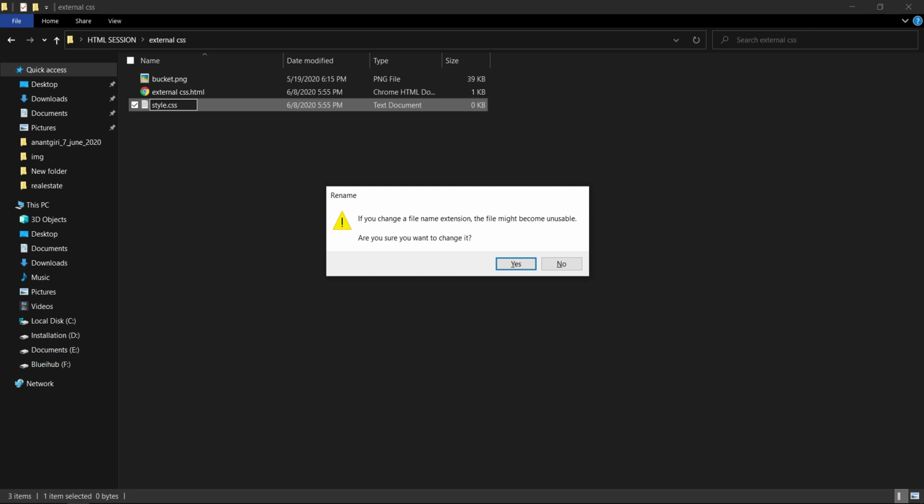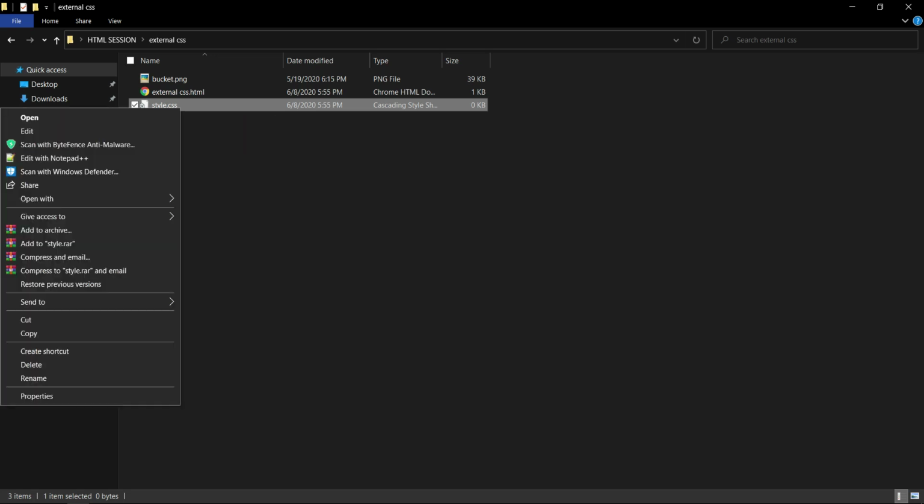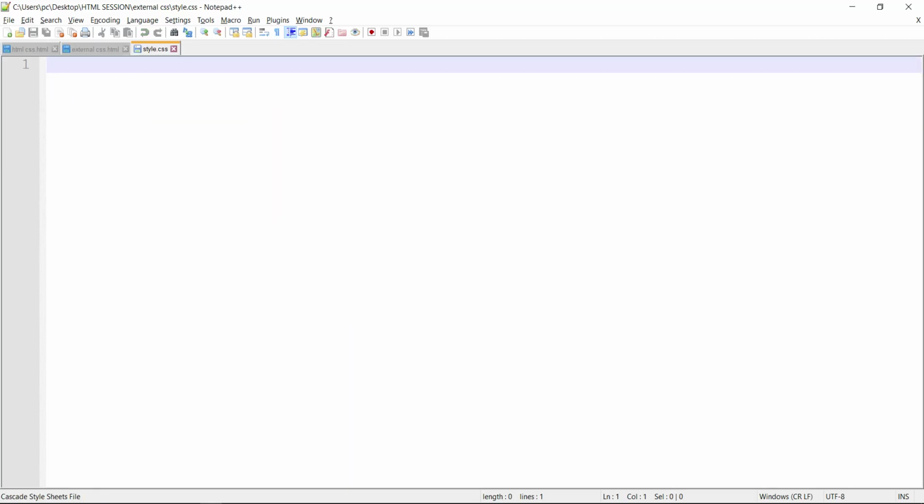Okay, do you want to change? Yes. See, if you are able to see here, the icon has changed to some setting screw type icon, right? Let me right click over here also and edit with Notepad++. Right now we don't have anything because the style sheet style.css is empty.